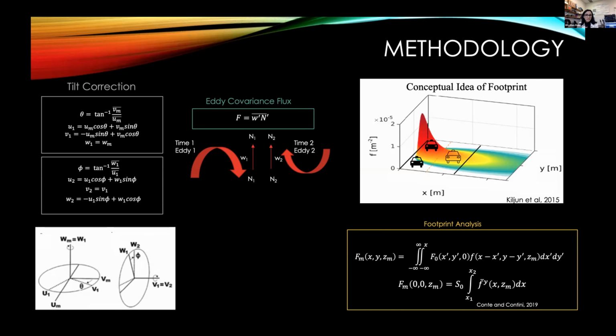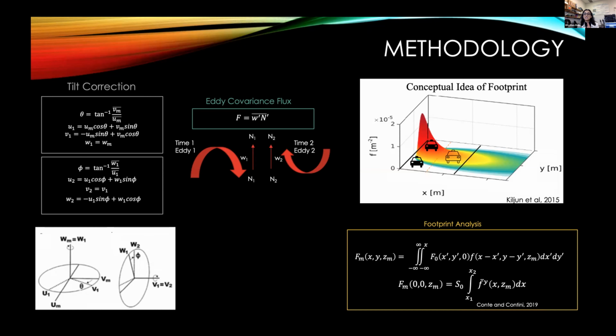However, the only thing that doesn't work out with this is the fact that fluxes can be produced anywhere upwind from the station. And what we're actually looking for is the turbulence or the flux that's produced on the road. That's why we have to go into a footprint analysis. With the footprint analysis, we have the advantage of isolating our flux that we're interested in just to the road. Also, with the analytical formula that's used for the footprint flux, we're able to also